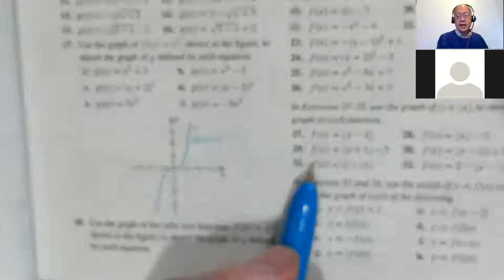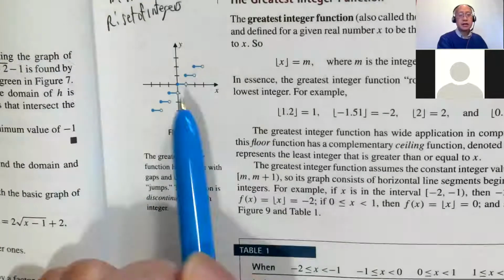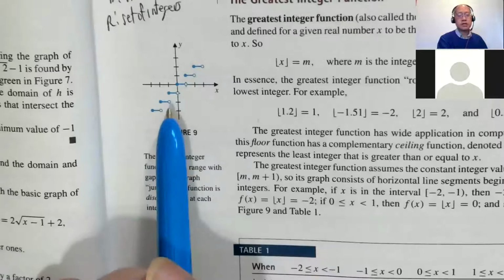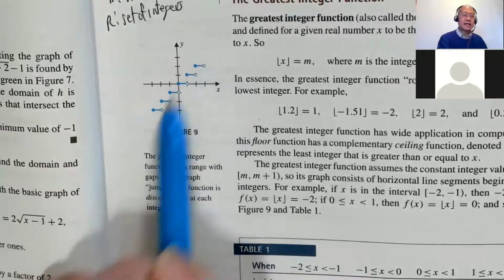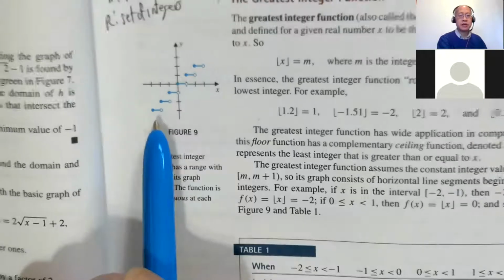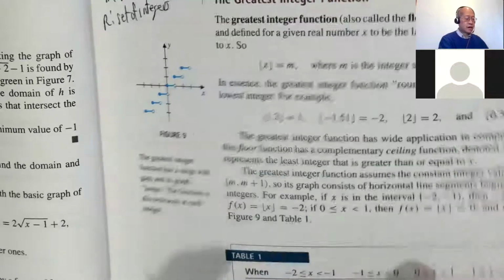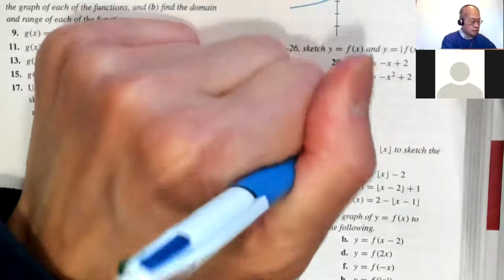Okay, and then, yeah, 27, 29, and 31. I think it's too much to make you graph the whole greatest integer function. It's kind of clumsy. So I'm going to change it so you just have to describe what happens. It's already hard enough to just draw it as it is. Then you have to take this thing and move it 2 to the left or 2 up and so on. It's very, very clumsy. So I'm going to change the directions to just describe